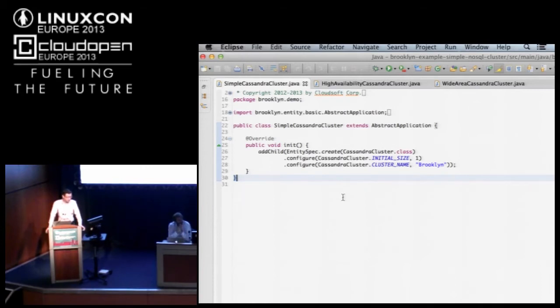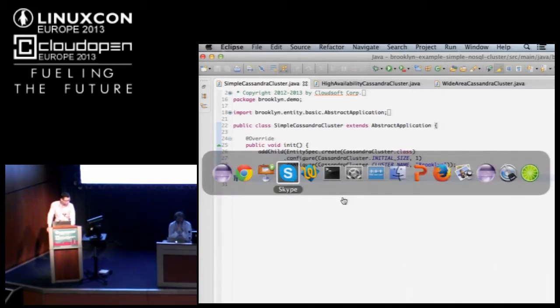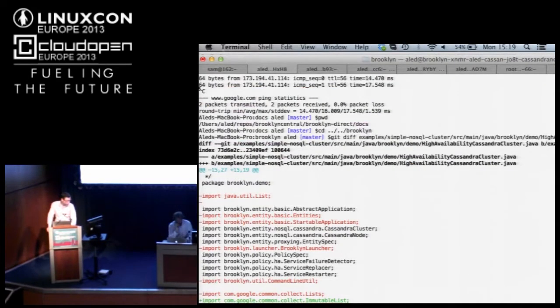In this blueprint, we've basically just said, I'd like to have a Cassandra cluster. Initially, let's just have one node in that cluster, and here's a name for it. And I'm happy to take all other defaults. So that's using the standard Thrift ports, JMX ports, and everything else. But what's important about this blueprint is that it hadn't said what location we're going to run it in. It could be on localhost, it could be on fixed list of machines, it could be on Amazon, or anywhere else. So if I now try running that on localhost,